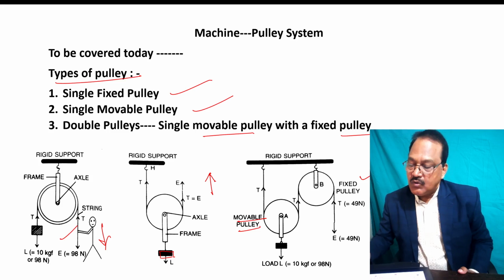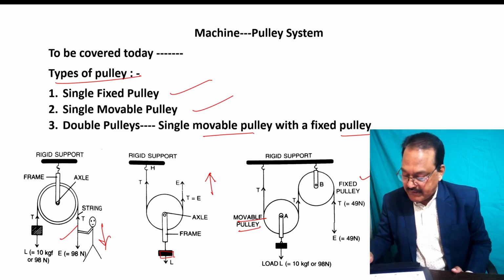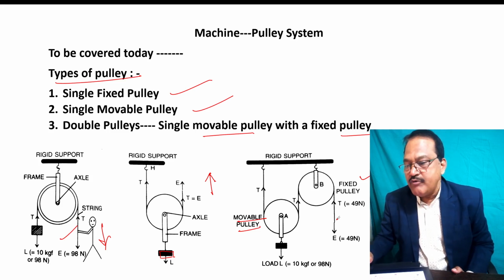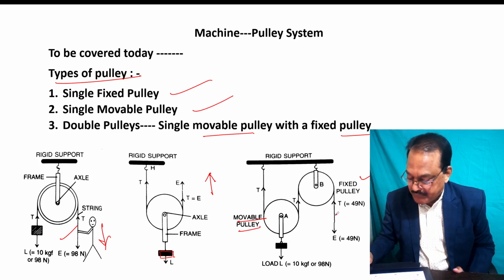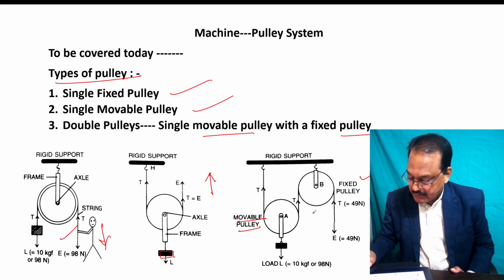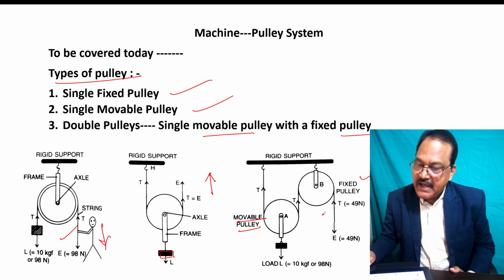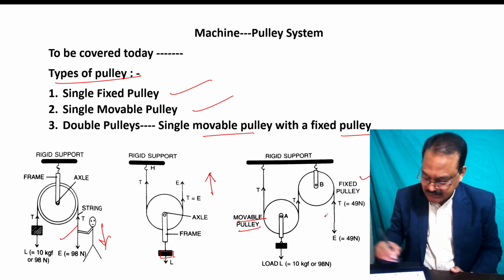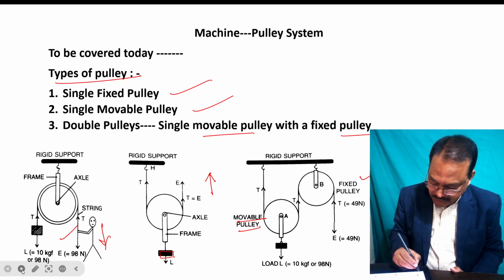But what we have done in the third figure with the help of fixed pulley, we have changed the direction, but there is no change in the value of mechanical advantage and velocity ratio in this combined figure. You see, combination of both the pulleys, that is fixed pulley and movable pulley, right? Okay,